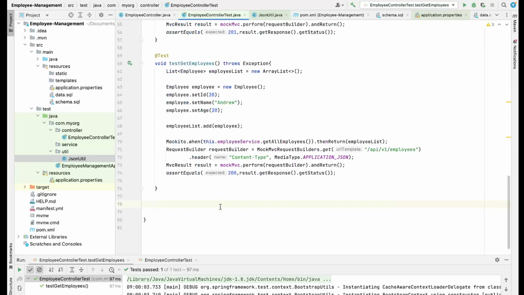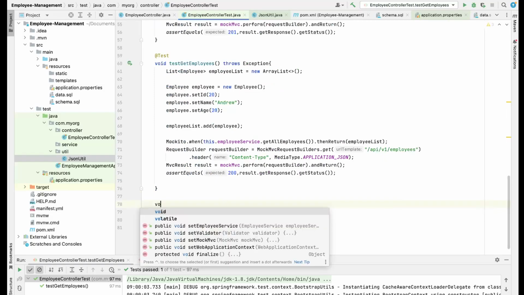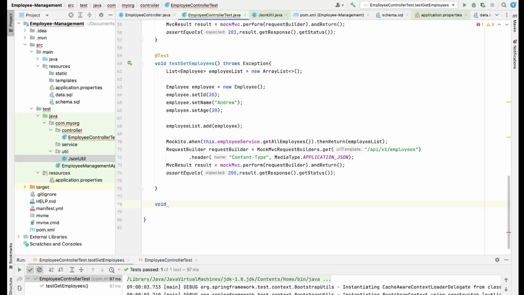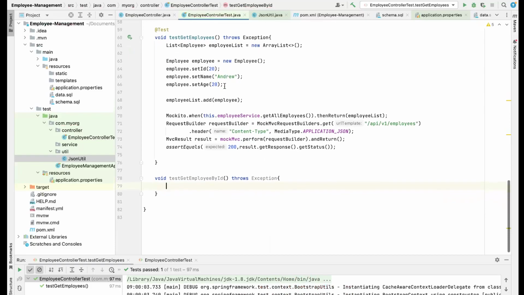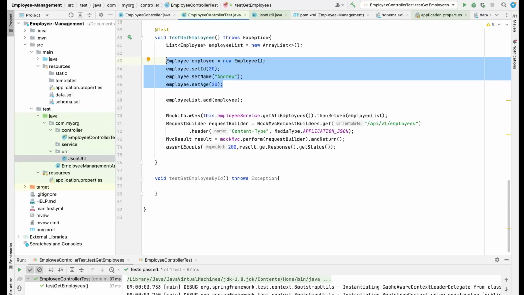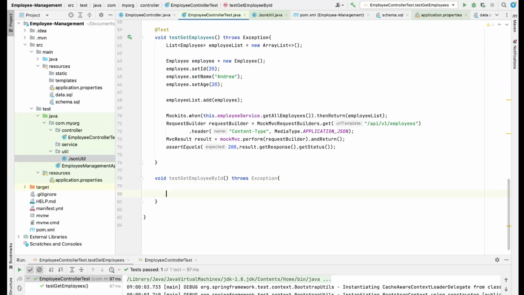So we will create another method and we'll try to test this. Okay, let's name this test get employee by ID. Throws exception. Okay, now let's copy this. See, this API returned us a single employee object, right? So let's try to create one single employee object